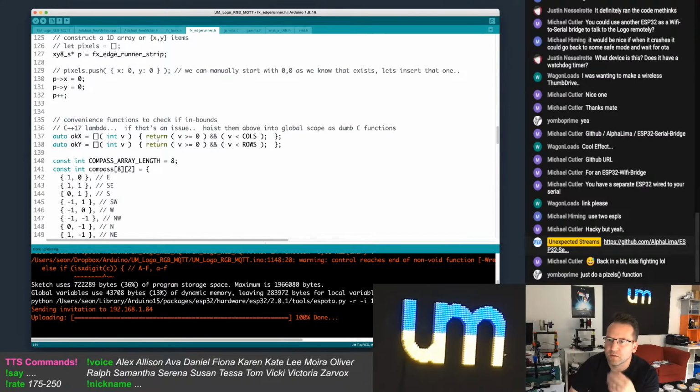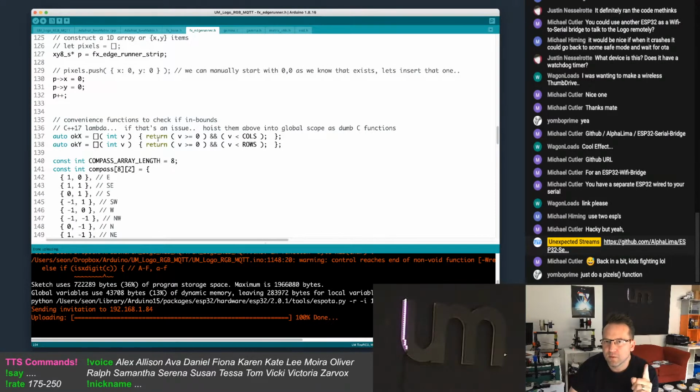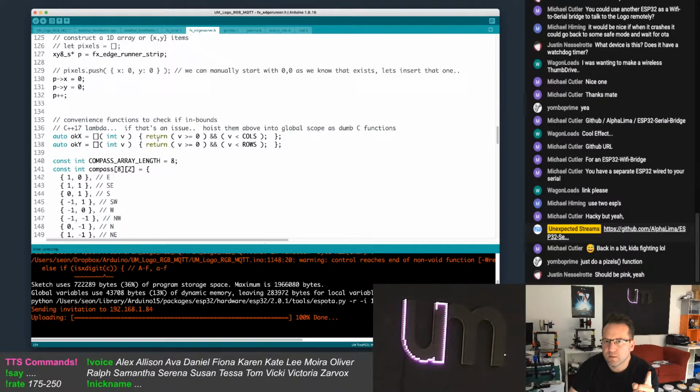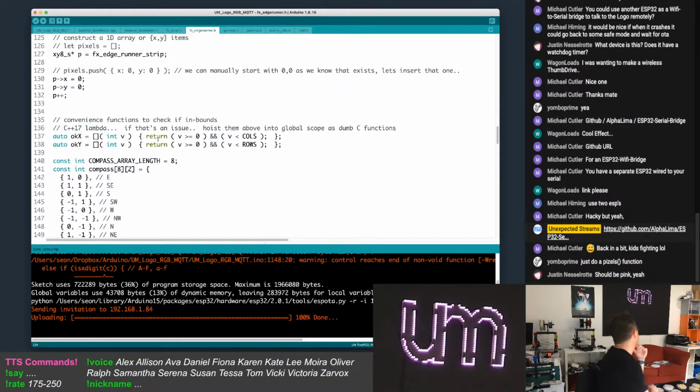Like it'll cache it. Yeah, it should be pink, and there we go. Now we have pink, except I didn't get that first clear, so the top of the U didn't get wiped out. But that's now doing that, which is cool.